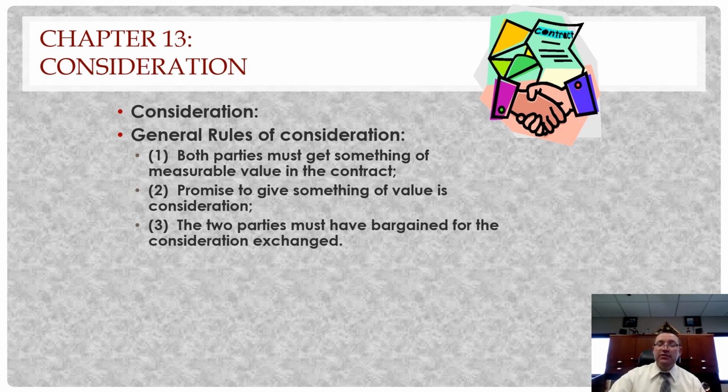This was the consideration that each party was giving up and/or getting at the time in which the agreement was made. If there was some side benefit or something over here, that's not what the court is looking at in deciding whether there was consideration. At the time the parties reached their agreement, did both parties give some measurable value in that contract? All right, those are the general rules the court looks at to see if in fact there is consideration in a contract.